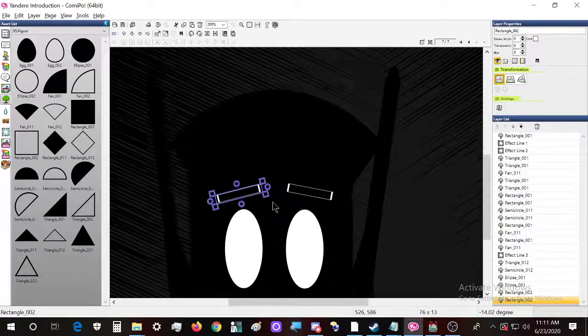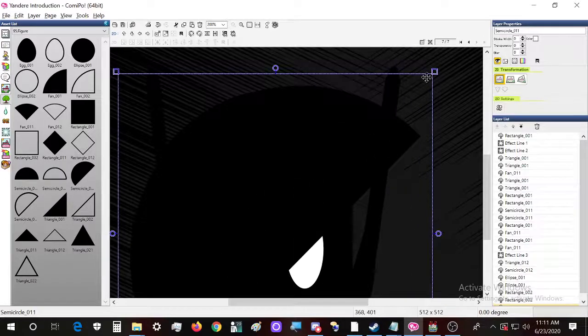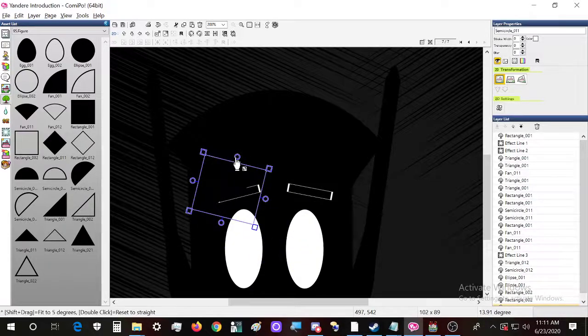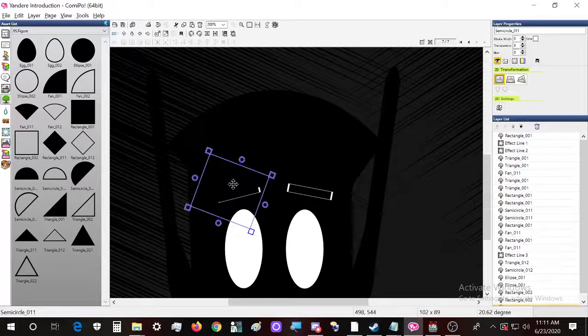Actually, I can zoom more. Now we can hide a part of that by doing something like this. We take something like this, and we hide a bit of that because we don't want all of it to be seen.